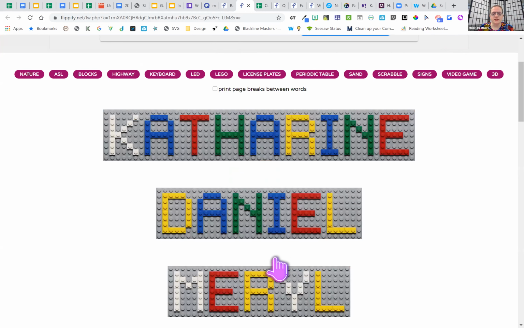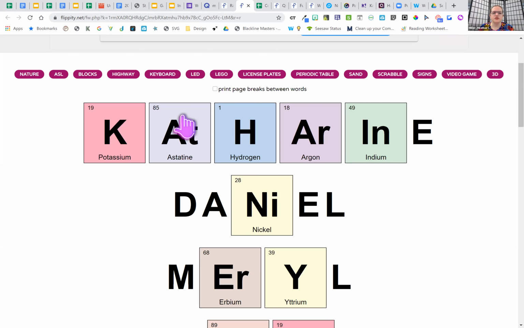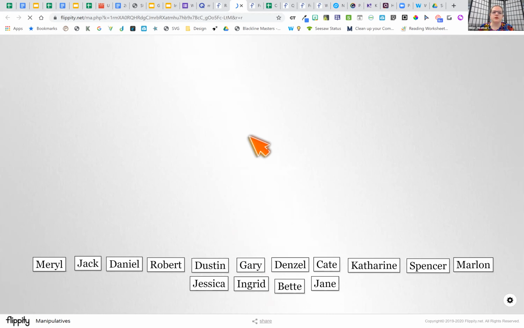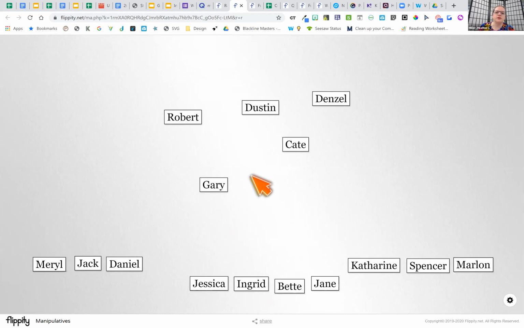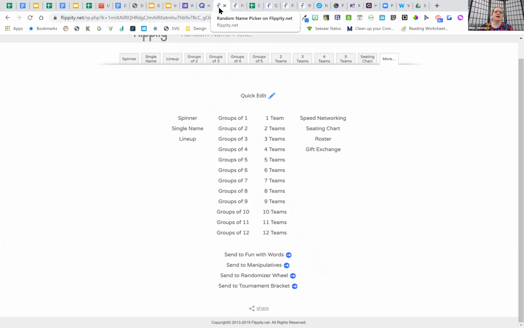The other thing, you can send it to manipulatives as well. And so they can change these up. So let's just say you were putting words in there. They can move these around and put them in alphabetical order and all that. In Seesaw, you can already do that, but in Google Classroom, you could link this and then they could do that, take a picture of it. So many different options. This is not a Flippity webinar, but I want to show you there are so many things in there, but the game show is just the one I wanted to show you.